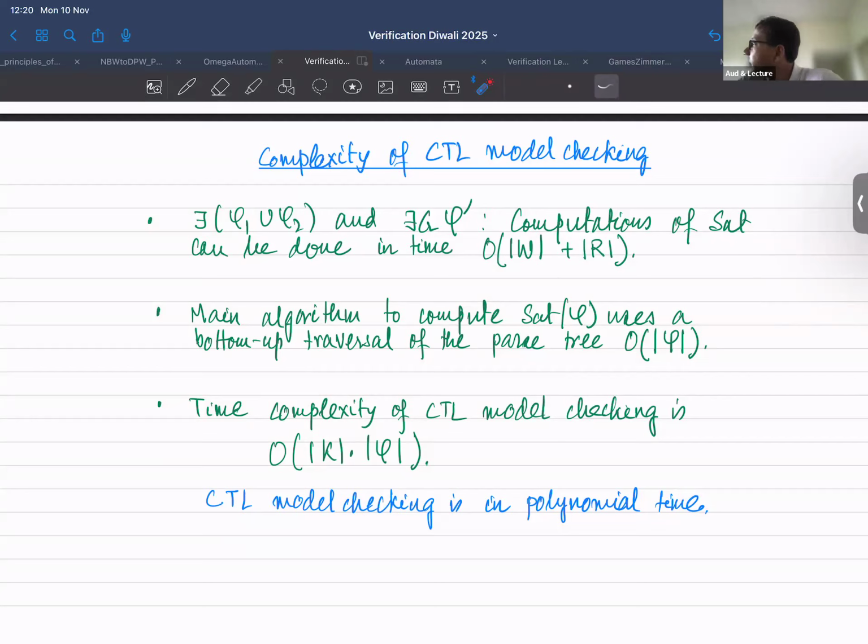So if you recall, in LTL model checking, what do we do? You essentially compute an automaton, that GNBW, a generalized non-deterministic Büchi automaton, which can indeed be translated to an NBW. And then you take a product with the Kripke structure. You consider phi, you consider the negation of phi, and then you construct an NBW, and then you take a product with the Kripke structure. But here we are not talking about any of these automata constructions. So what is the basic fundamental difference?